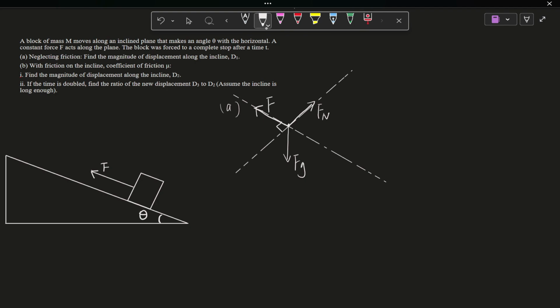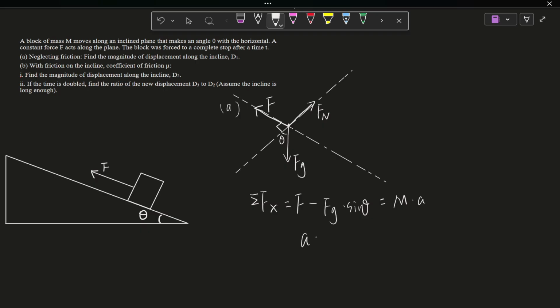So we can write the net force equation. Net force Fx is equal to F. The bigger force always comes first because it is moving along the incline, right? F minus Fg. This is theta, by the way. Fg times sine theta. It is equal to ma. Okay, and then we can get a is equal to